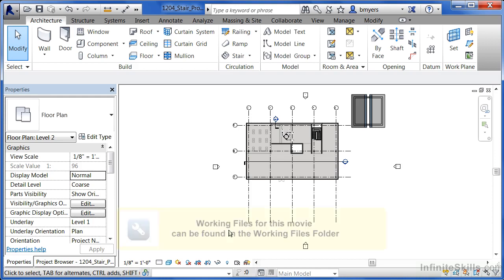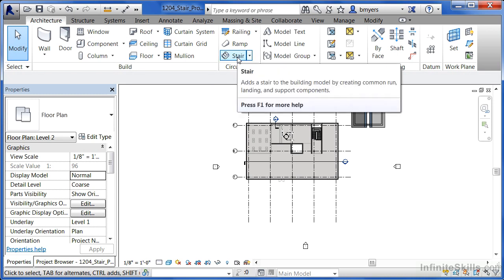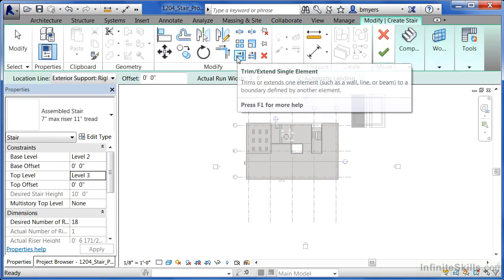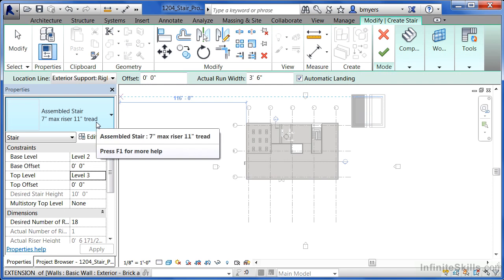In this exercise, we're going to review the different properties that make up a staircase. To understand this a little bit better, we need to activate the staircase command from underneath the Architecture tab and then select on Stair. When you do this, we'll see there's a type selector list underneath Properties, and if you